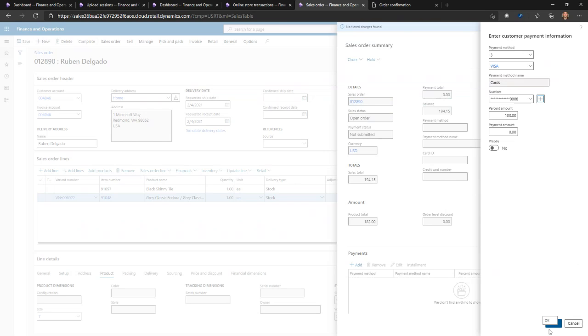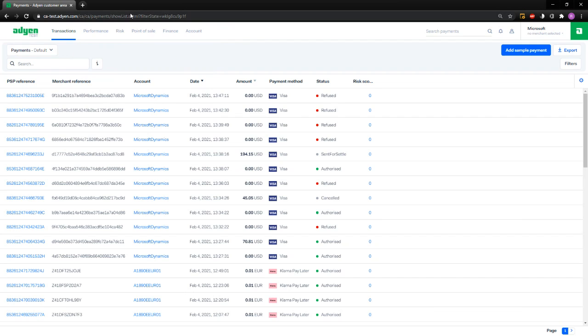I'll click OK. So now that card data is sent to Adyen, and they return a token. And part of that token is the last 4 digits to help me recognize which card was used for the transaction. So the payment is for 100%. Now I'll click OK to add that payment to the transaction. So while that's happening, we can go look at the Adyen portal and inspect our payments there.